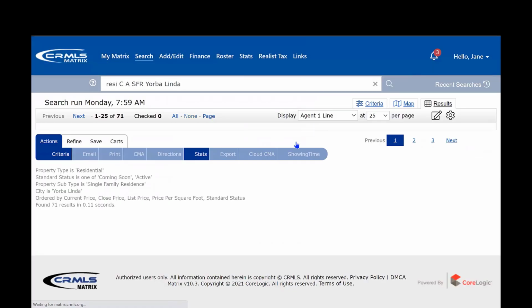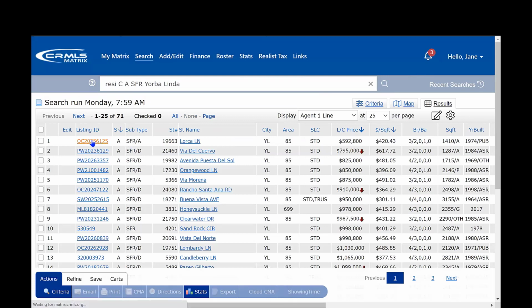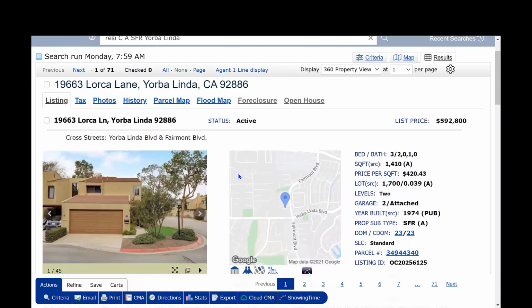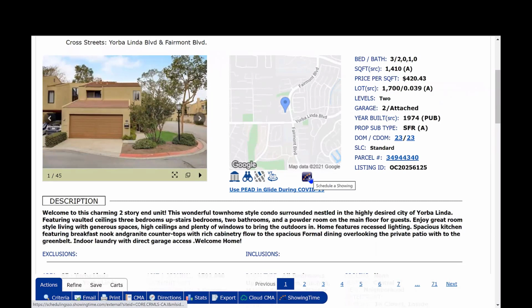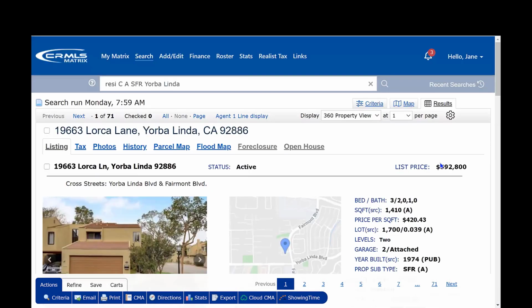We'll go into a search that we have run and open up an individual listing. We see that the showing time icon is located and attached to that listing. So this is for scheduling your showings 24/7, confirming those showings via email, text, and app notifications.